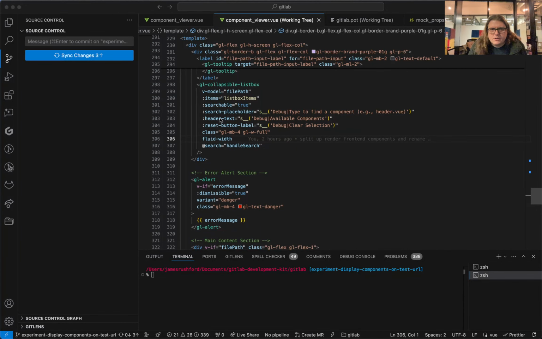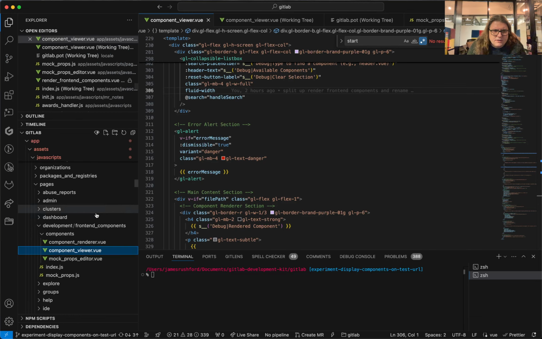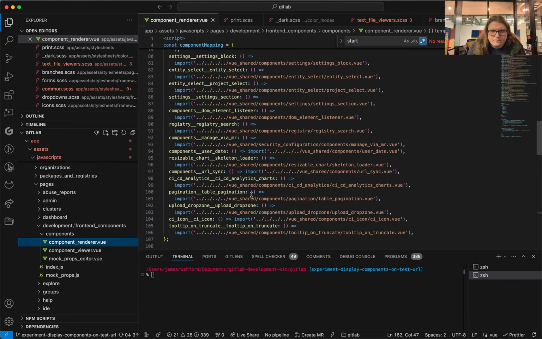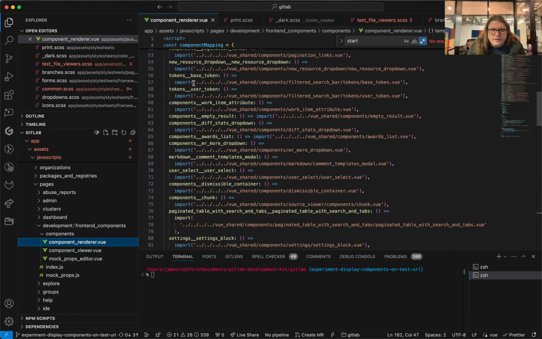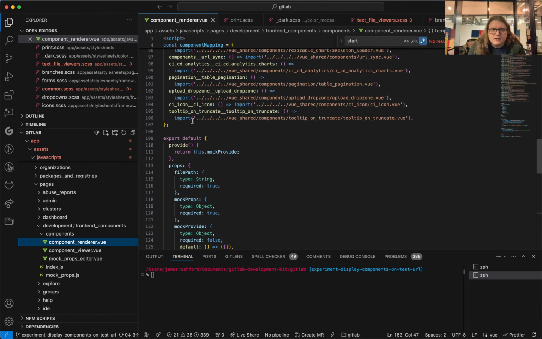I've made some interesting progress on generating storybooks automatically recently. What I tried to do was see if I can render components in GitLab instead of in Storybook. There are some interesting problems, like we have to import every component individually. At the moment it's pretty small, but once we have all the components,